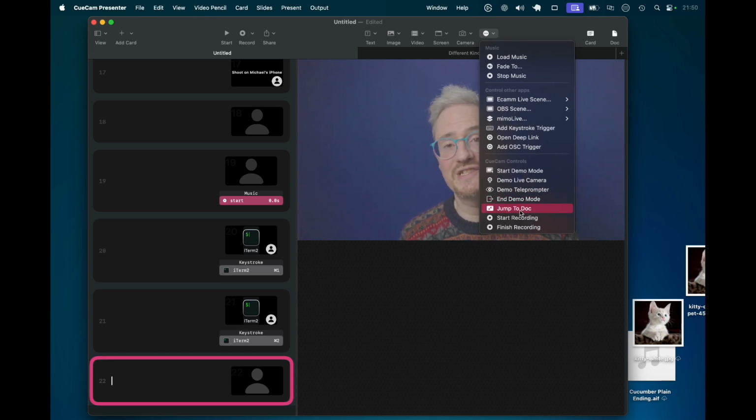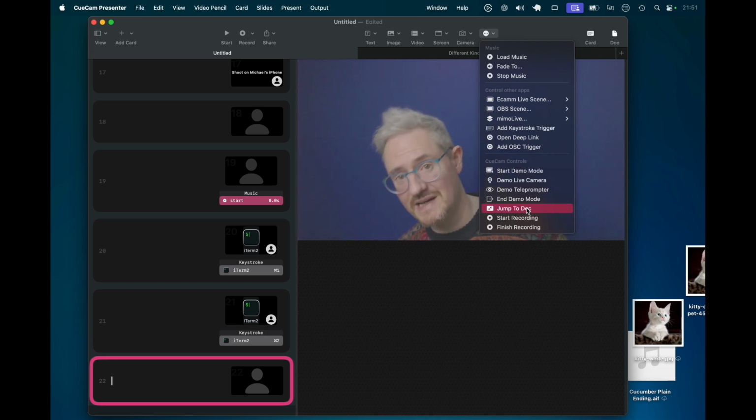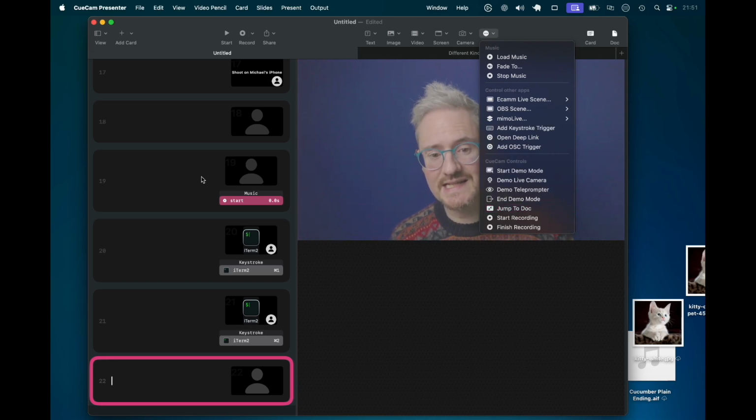But something that is really powerful is jump to dock. It's sort of buried a little bit here. So CueCam will let you basically run a presentation and then halfway through just jump off into a different presentation. And then when that presentation's finished, you'll jump back into the first one, right? So in this case, let's say like